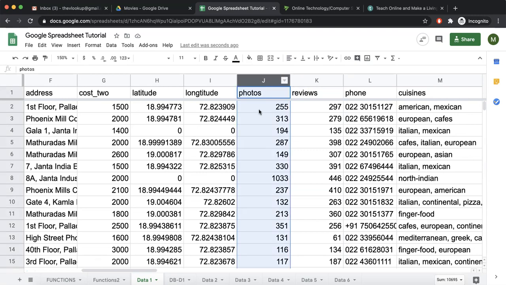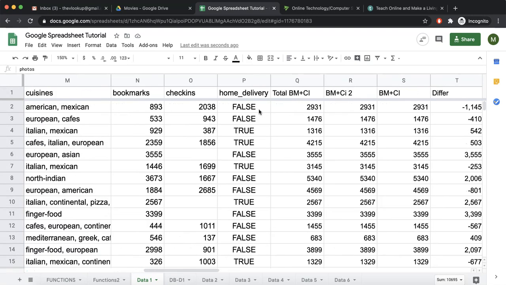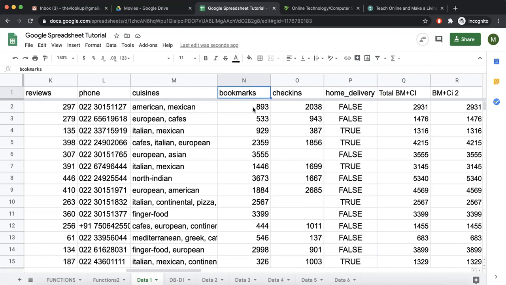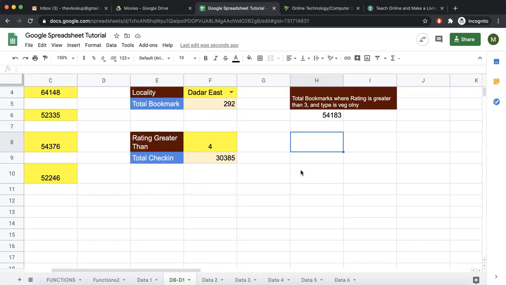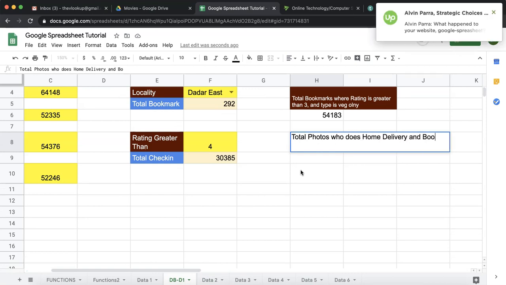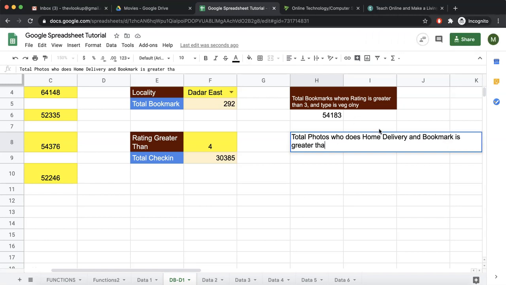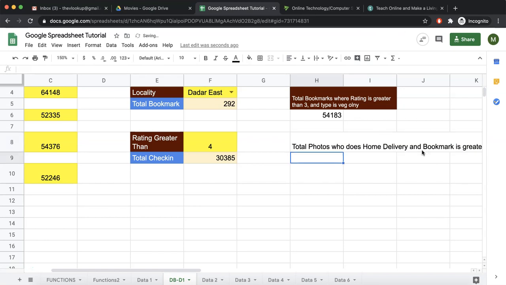So total photos of those who do home delivery, it means home delivery is true, and bookmark is greater than, let's say, 500. So we say total photos who do home delivery and bookmark is greater than 500.